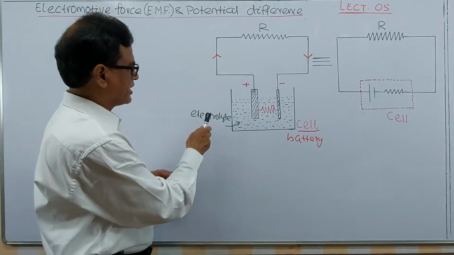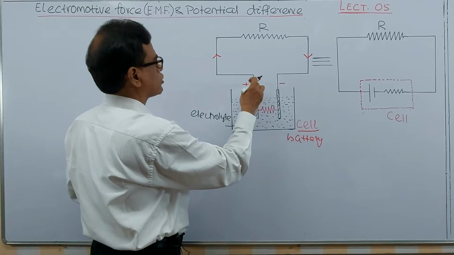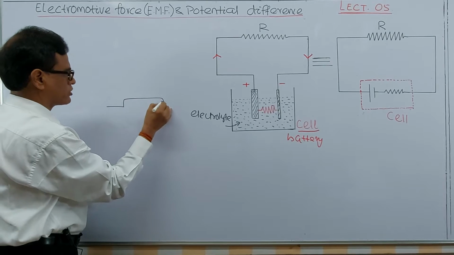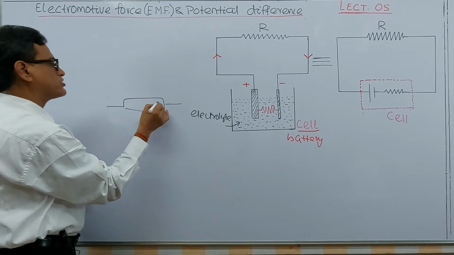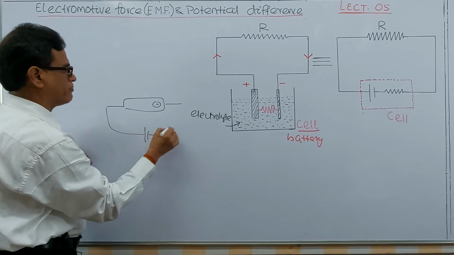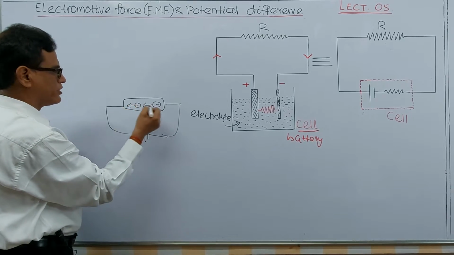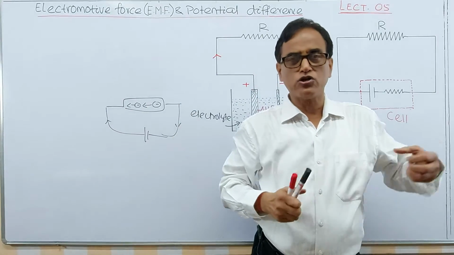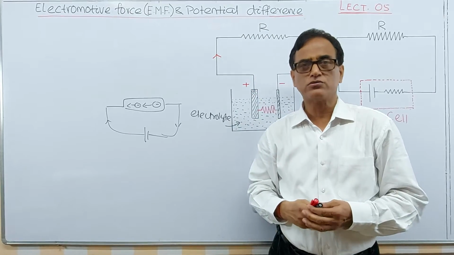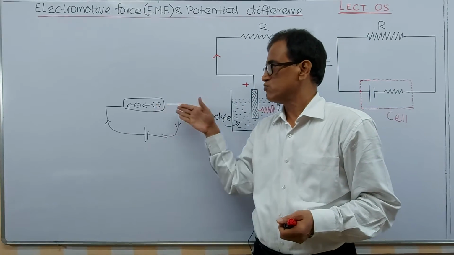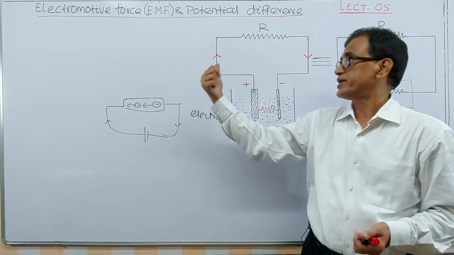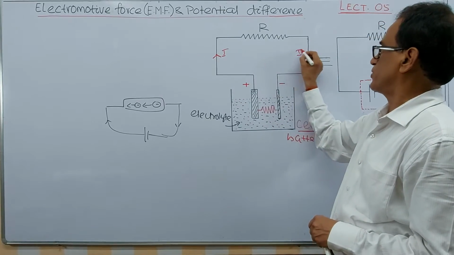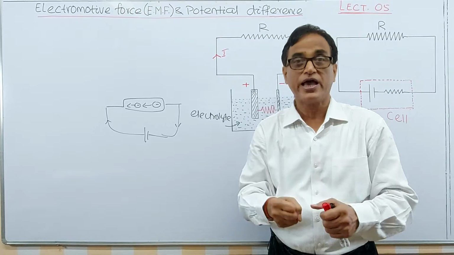Now this is a cell, this is an electrolyte, and we want to allow the current to flow across it. Whenever you have any conductor, the conductor has certain electrons, and they move randomly here and there, but when you apply a battery, the electrons move or drift like this. Then the question is, who allows the electron to drift inside the conductor? Who allows it? To allow the electron to move inside a conductor so that we can have a current in the circuit from plus to minus, we need an agent.